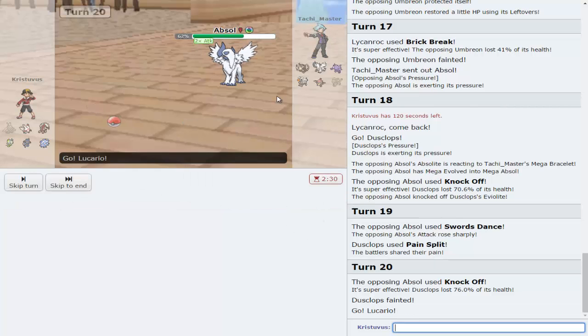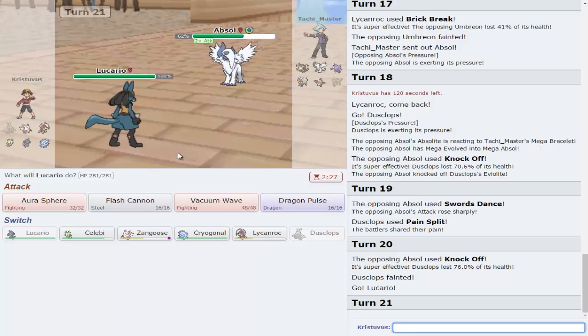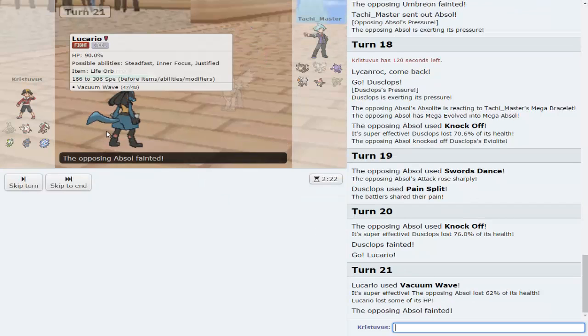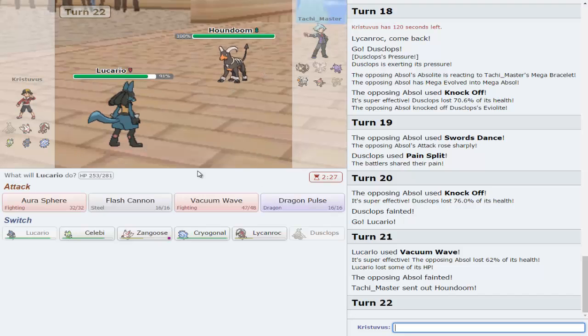Okay, so I'm going to go into Lucario here. I don't know if he has... he's probably got the superpower. So I gotta go for... Vacuum Wave. Vacuum Wave will kill. Okay, so... He probably went for superpower there to kill. And he needed to survive that, but he didn't, so... So here we are. I should probably save Luke for...